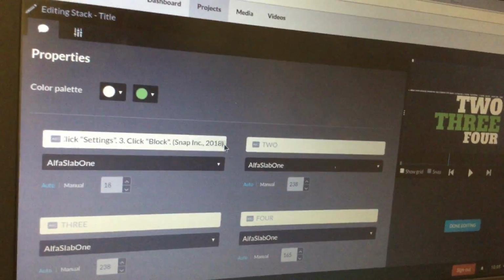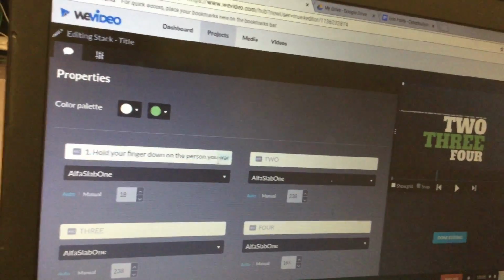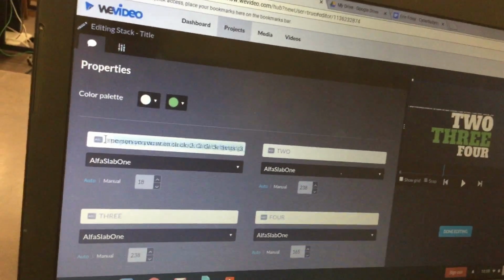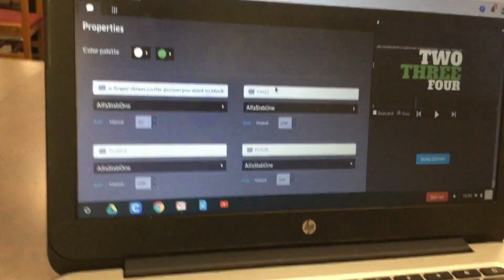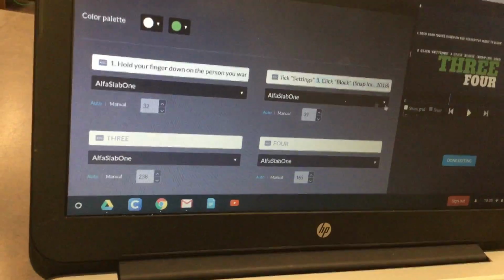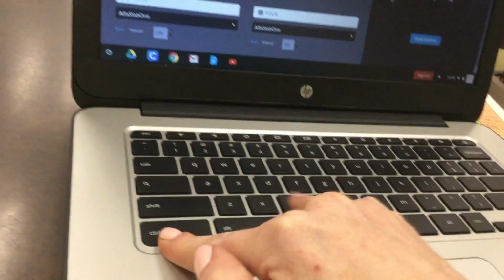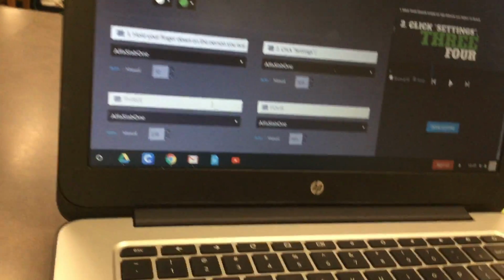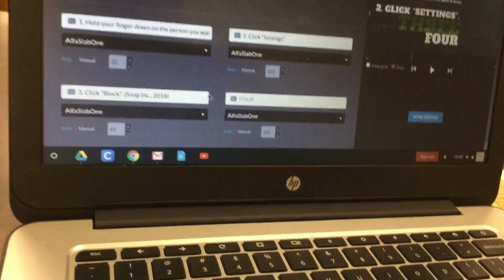But what we're going to do is we're going to take this stuff here and then just kind of move it over. So again, Control-X and then Control-V, and we're just going to separate it all. So Control-X, Control-V,